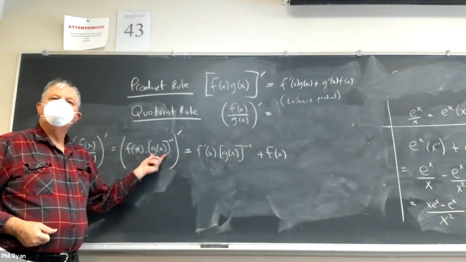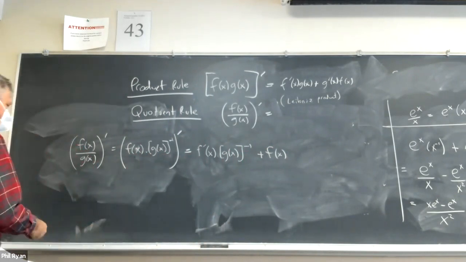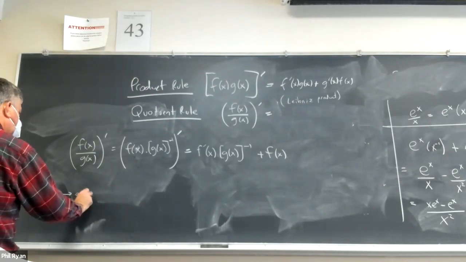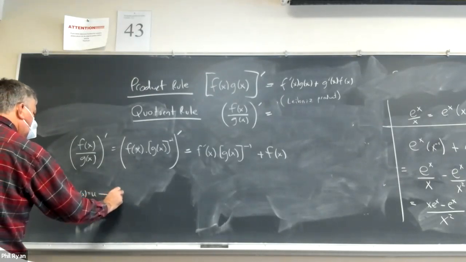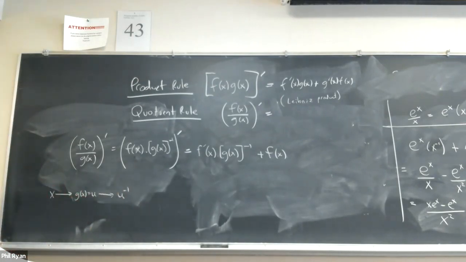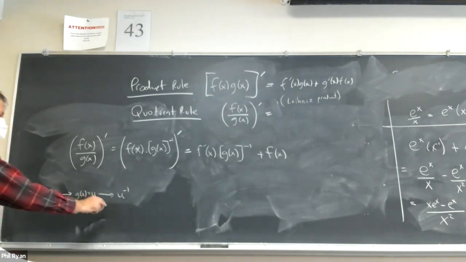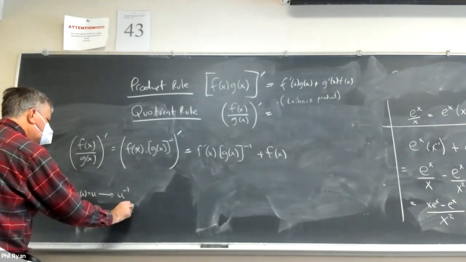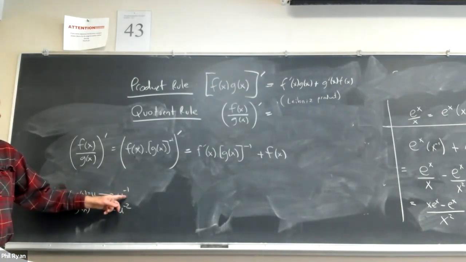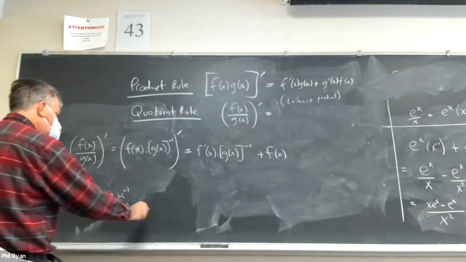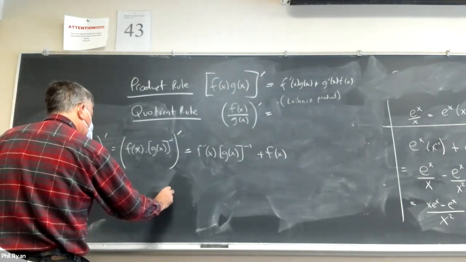Now the way to do that is to use the chain rule. Right? So we go x to g of x, to invert 1 over u. Okay, the derivative of this is g prime of x. The derivative of this is minus u to the minus 2. Right? So down comes the minus and we subtract 1. So putting them together, we get g prime of x